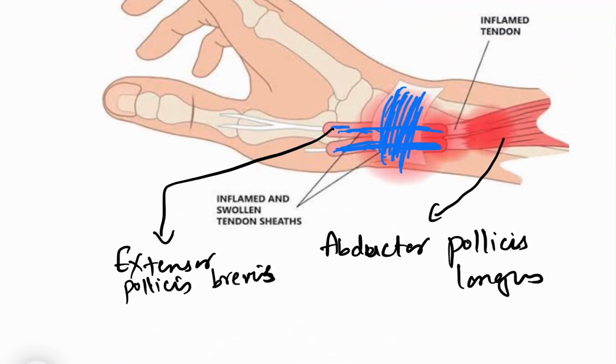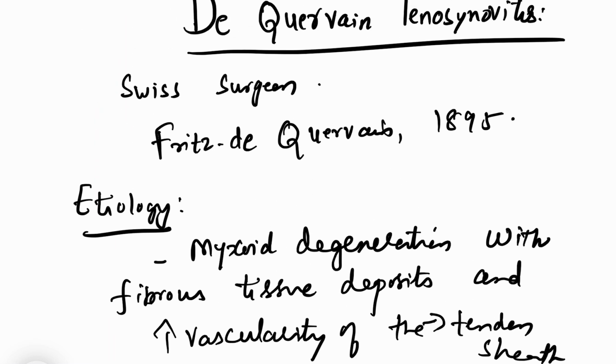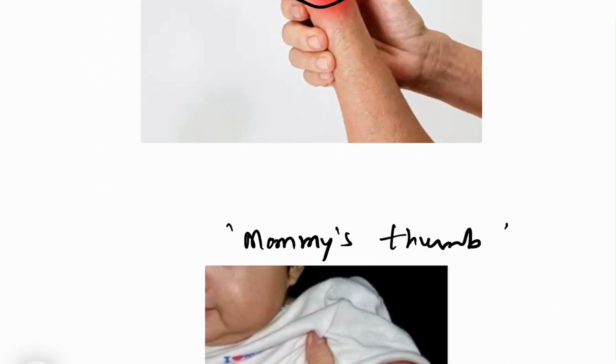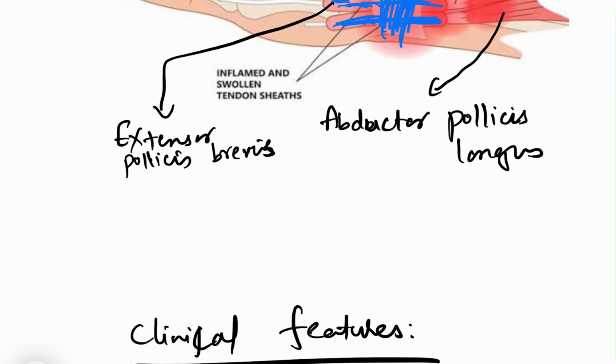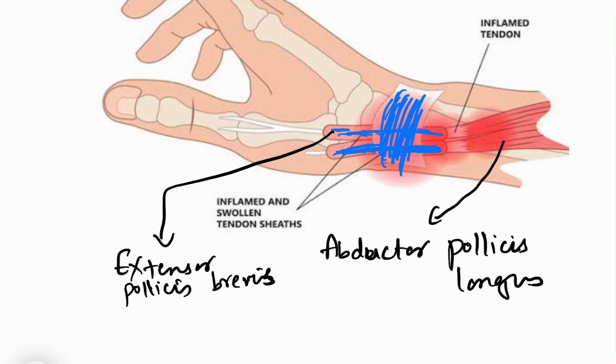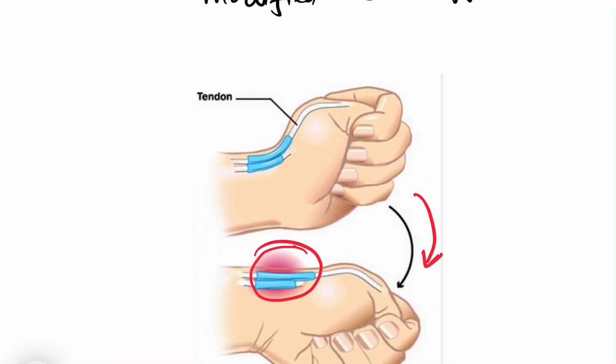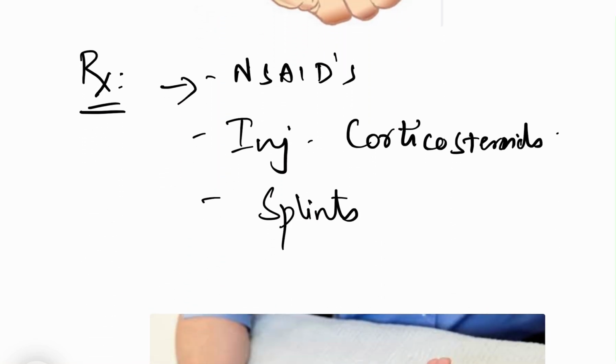Let us summarize what we have discussed today. We have discussed the etiology, pathophysiology, and the signs and symptoms of this clinical condition, de Quervain's tenosynovitis, and most important is Finkelstein's test and the treatment of de Quervain's